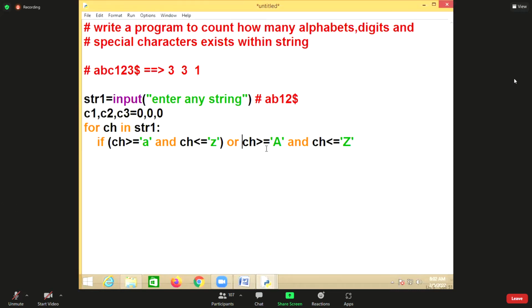If the input character is in lowercase or uppercase, then count1 plus equal to 1, because it is an alphabet.